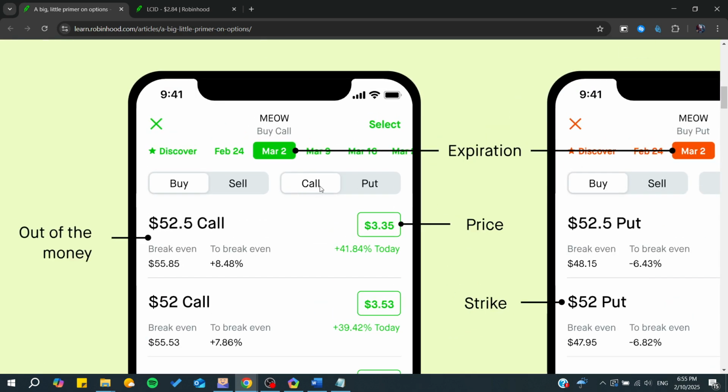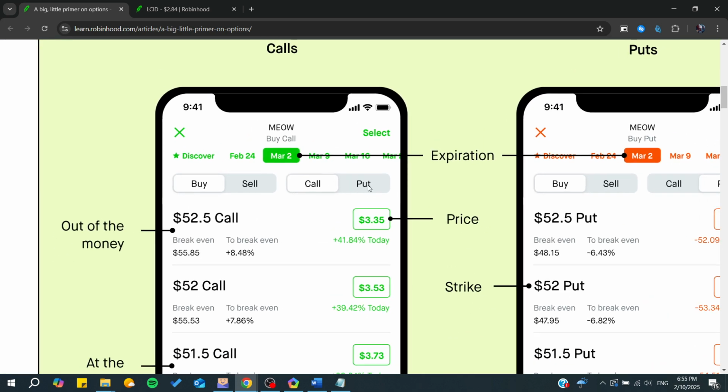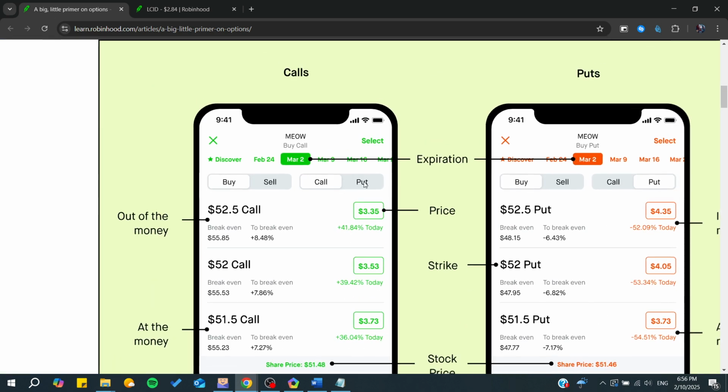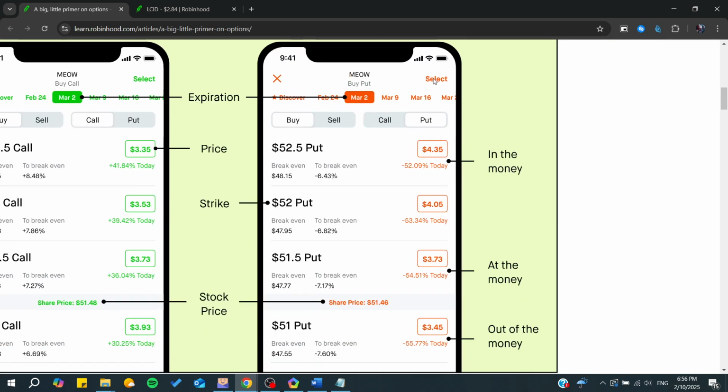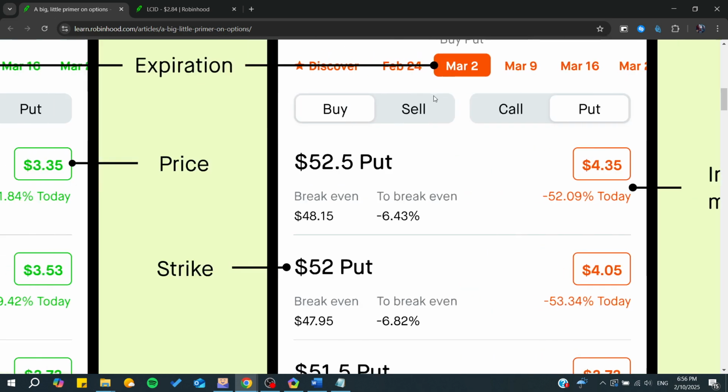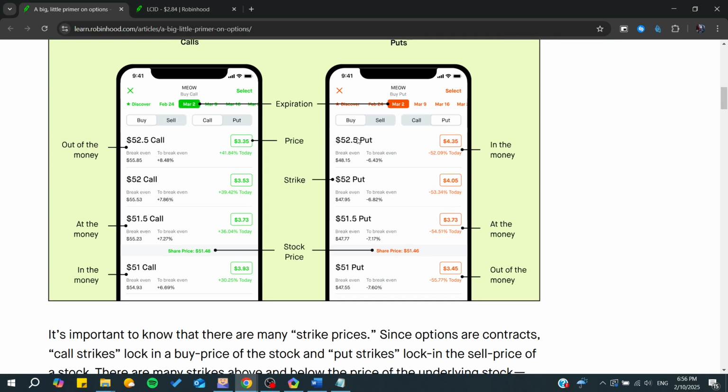So all you need to do is to specify which type of option, either the put option or the call option. In our case we want to sell the put option, so you will need just to choose this one. It will be in the red color, and then you will need to make sure that you are on the sell. By clicking on the sell, then you will need just to choose the option that you want to sell,